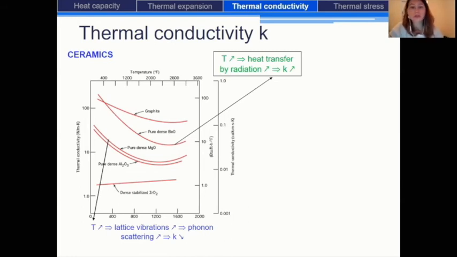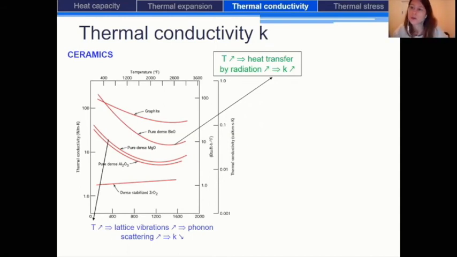And this is due to the lattice vibration that increases and that increases the phonon scattering, which makes the thermal conductivity more difficult. And after a certain temperature, the heat transfer